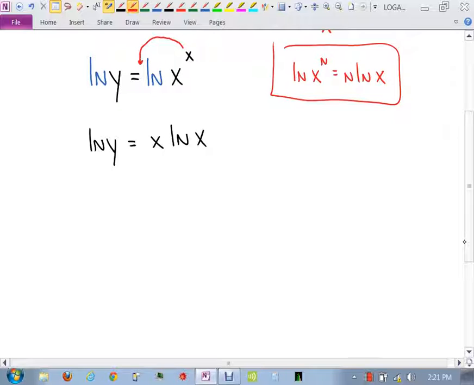Now, don't I have an equation that has x's and y's in it? Can't I do this now? What was my little squiggly line representative of? Implicit differentiation. That's what the quiz we just did was over. So remember, I want dy dx; y prime was dy dx. So look at the left side of that equation and very carefully tell me what the derivative of natural log of y is. So what's the derivative of natural log